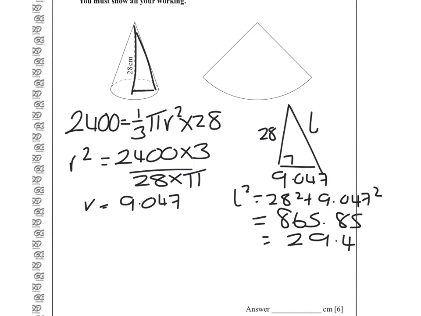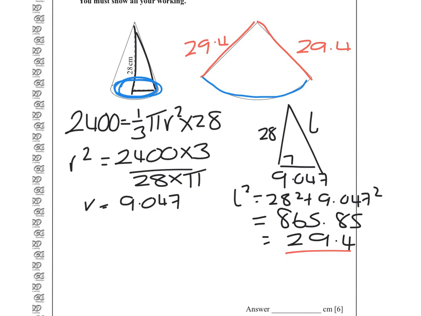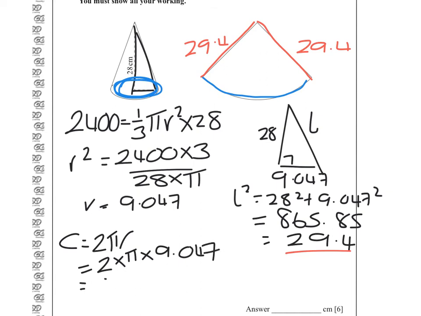It's important to know the relationship between the sector and the cone. This 29.4 are the lengths of the two sides of the sector, and this curved length is the circumference of the circle at the bottom. Circumference of a circle is 2 pi r, so in this case that will be 2 times pi times 9.047, which is